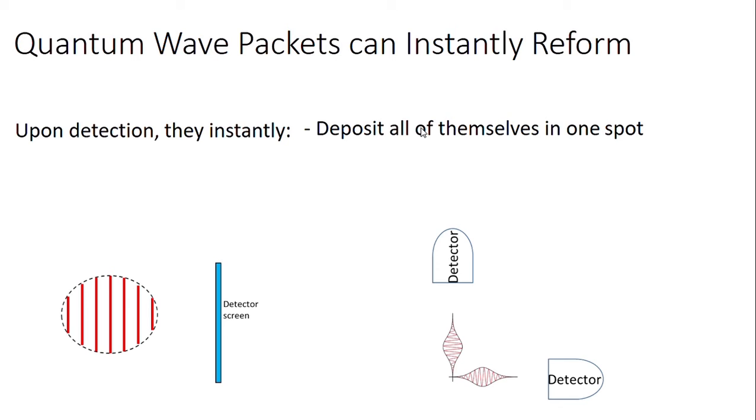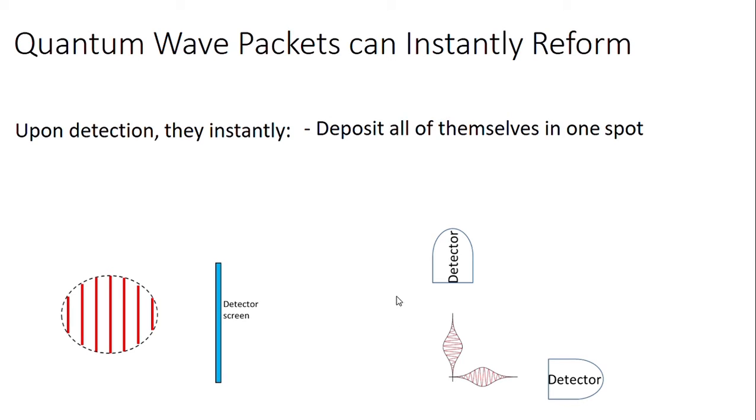What do I mean by instant reformability? Well, upon detection, these quantum wave packets can actually instantly deposit all of themselves into one spot. So over here you've got a large wave packet coming in. It's going to get detected by this detector screen. No matter how big this wave packet is, all of it will go to one tiny spot on the detector